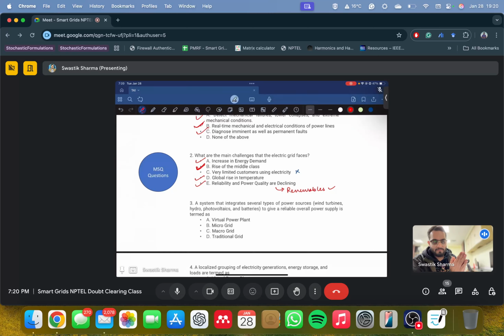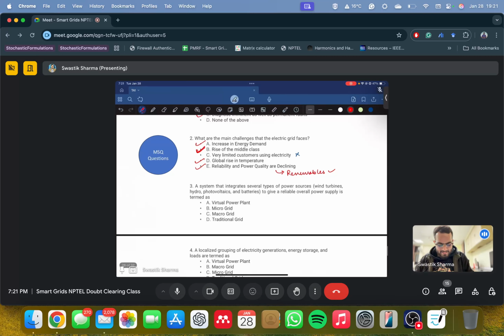Cars were a luxury, but slowly now everyone has a car at home. Earlier, AC was a luxury. Now everyone at their homes has AC. Earlier, a washing machine was a luxury. So the rise of the middle class means the middle class is more empowered to spend money on things that were considered luxurious at one point of time. Rise of middle class, not rise of EMI. People buy everything on EMI. They are able to spend, that's why they are buying on EMI. Okay, I mean that is maybe different.